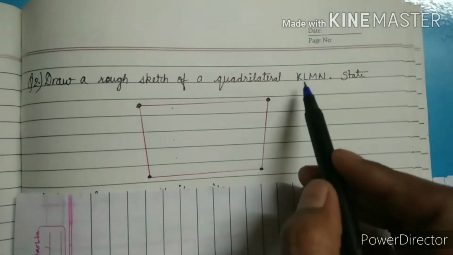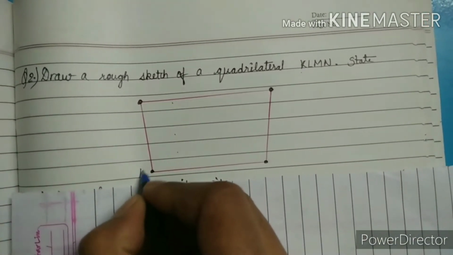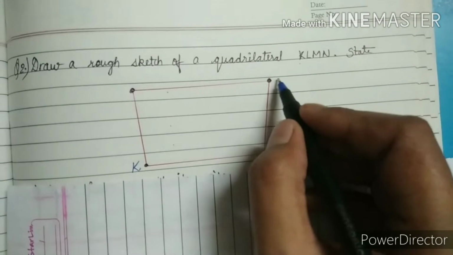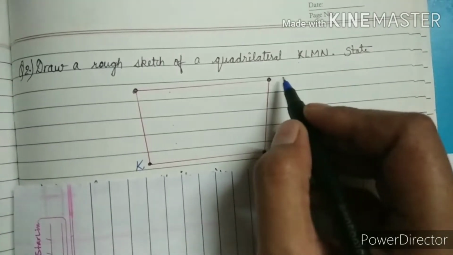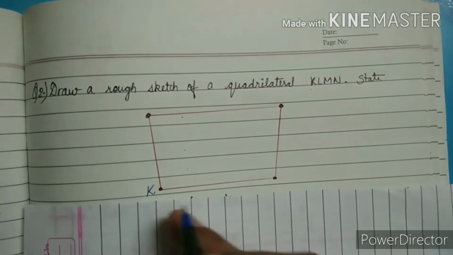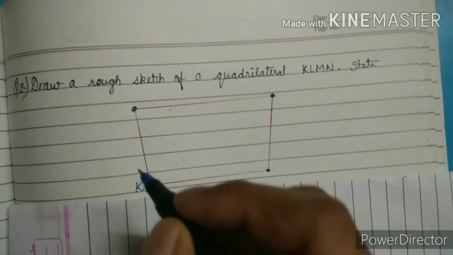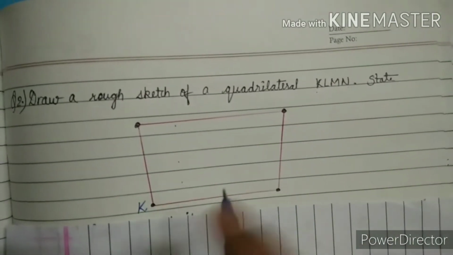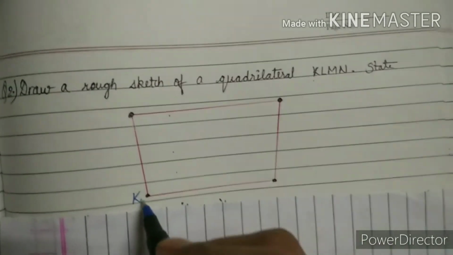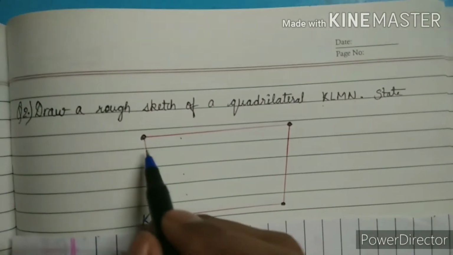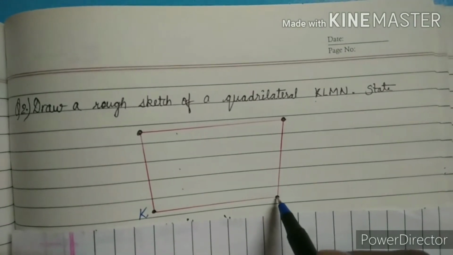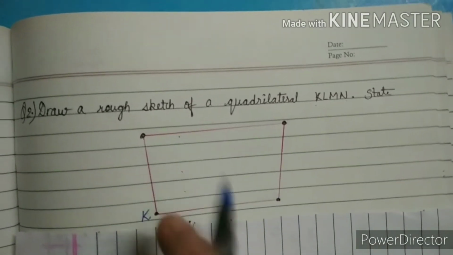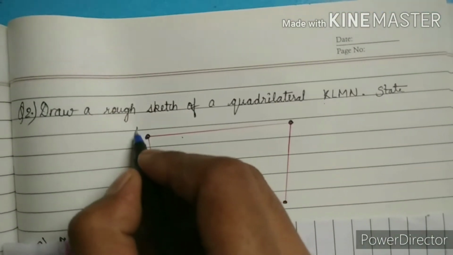KLMN. Okay, so firstly we will start with K. If here is K, then may I put L here? L will come here or not? No, L will not come here, because one point is already leaving from K. So when we are moving our pen from K, the first point is this in both directions. On the right-hand side the first point is this, and on the left-hand side the first point is this. So firstly we have to put this point's name, or we can put this point's name. We can put any one of them. So I am putting K, L is here.